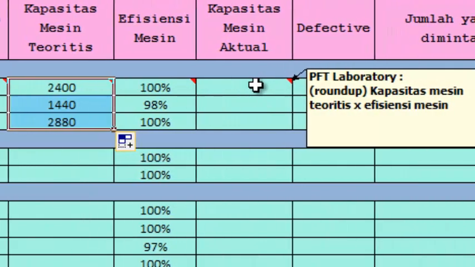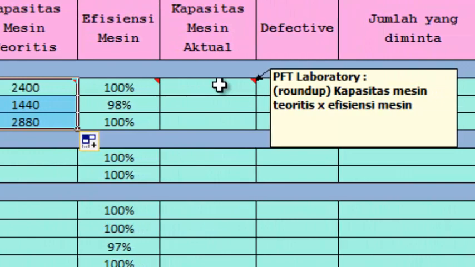Actual machine capacity is the capacity of each machine that can produce products according to the efficiency. We get the actual machine capacity from the multiplication of theoretical machine capacity and machine efficiency.